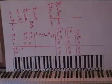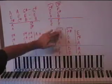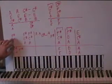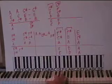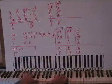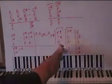Now the same pattern is going to occur again, but I just wrote the chord out as a block here. We're going to do the pattern that we did in the first 2 boxes there. So we're going to continue to have the F sharp, C sharp, A in the right hand, the F sharp minor chord, but the left hand's going to move down to the left to an E octave. E here and E here. Okay? So take this chord